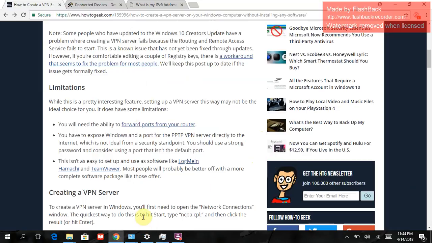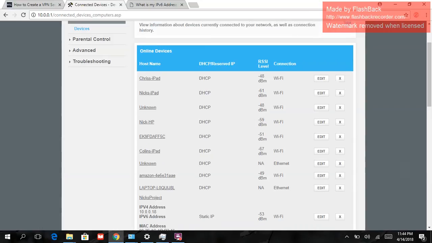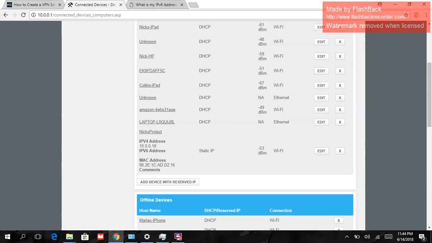Oh, I closed it. So from there, I had to go into my router and do some configurations for my laptop. So I have Xfinity at my house. The first thing was getting my laptop a static IP address for port forwarding. As you can see, I renamed my laptop just Nick's Project for tracking purposes in this user interface, and I have it set as a static IP address 10.0.0.18, tied to my MAC address. So anytime I come on, this is mine,